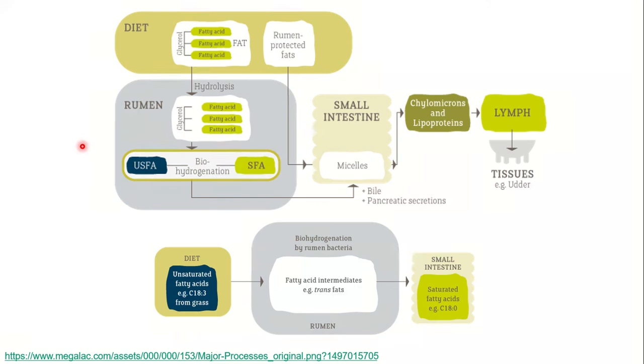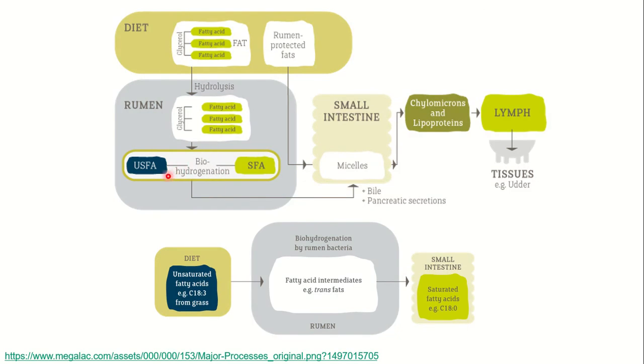Ayaw natin yung mataas na proportion ng propionic acid because if you recall in your volatile acid production, mas maganda na mas mataas yung proportion ng acetic acid. Okay? So, ayun. Kaya, we started with low. So, sabi natin, yung diet ng animal is low in fat. Okay? Para mas konti lang din yung ipoproduce na propionic acid from glycerol. And then yung free fatty acids, na produce upon hydrolysis will undergo